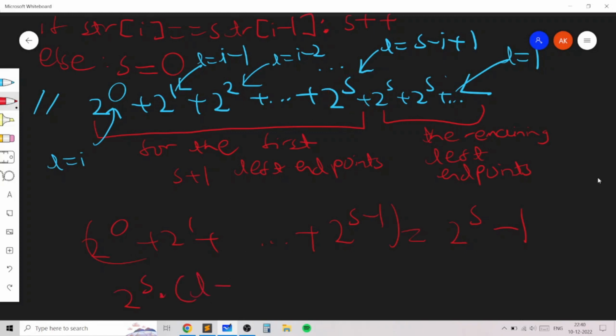L minus s minus 1 times, I think. You can just rearrange this to get I, and you will see that the expression is this. So I is equal to s minus L minus 1, or basically I minus L. So I minus s minus 1 will be the number of remaining left endpoints